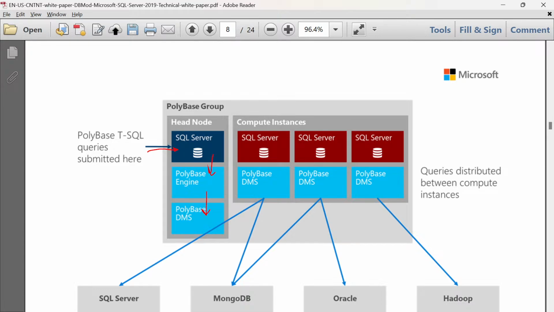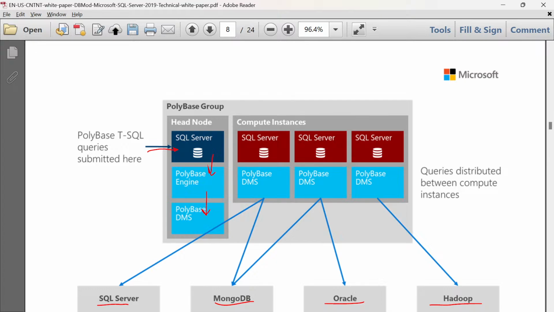And for this external instances, meaning the data which are coming from external sources, can be integrated with the MS SQL Server with the help of various Polybase database management systems based on either SQL Server, Mongo, Oracle, or Hadoop.